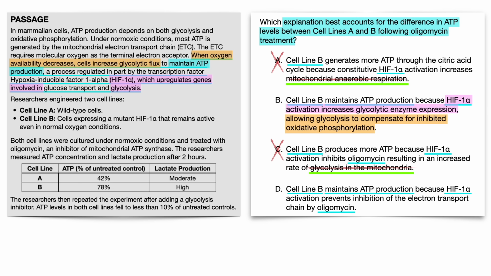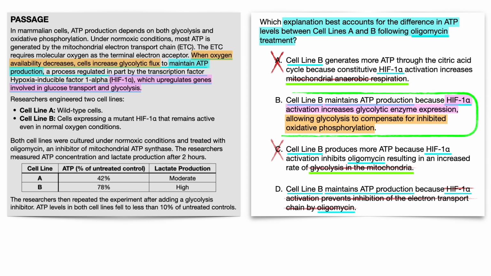So this answer so far looks correct, but definitely check answer choice D, especially since it actually mentions oligomycin, which was mentioned in the question. But this answer says HIF-1 alpha activation prevents inhibition of electron transport chain by oligomycin. And even though oligomycin is brought up as it should be, remember from the sentence that helped process answer choice B, it explicitly said the functions of HIF-1 alpha, which upregulates genes involved in glucose transport and glycolysis. Nothing about preventing inhibition of electron transport chain by oligomycin, making this wrong according to the passage information